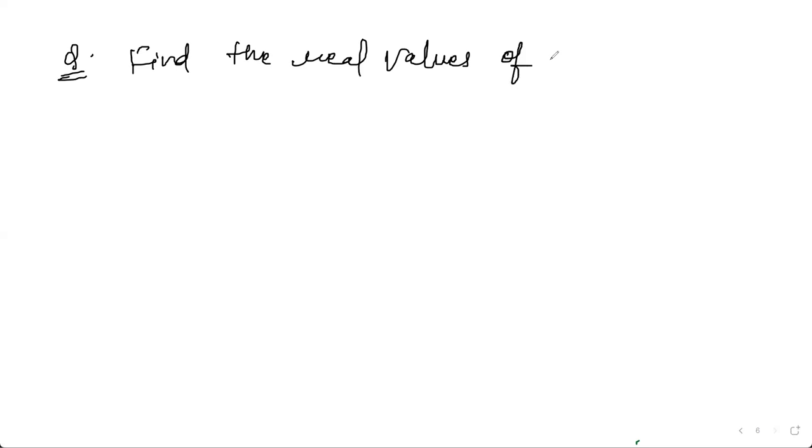Let's see this type of question with two complex numbers z1, z2. We have a question: find the real values of x and y if